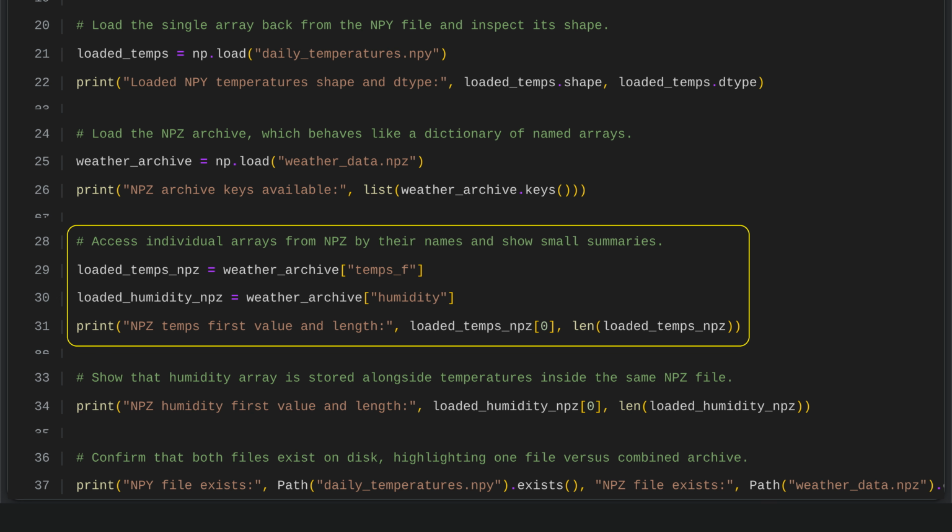We load specific arrays from the NPZ archive by using their stored names, first accessing the temperature data and then the humidity data. After loading them, we quickly check that the temperature array was read correctly by printing its first value and the total number of elements it contains. This simple summary confirms that the data has been successfully retrieved from the NPZ file and is ready for further